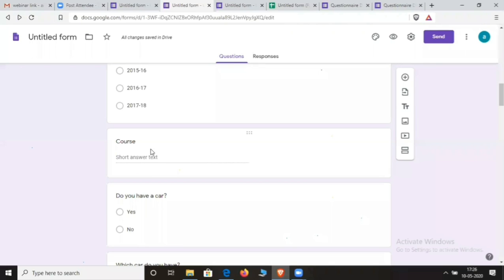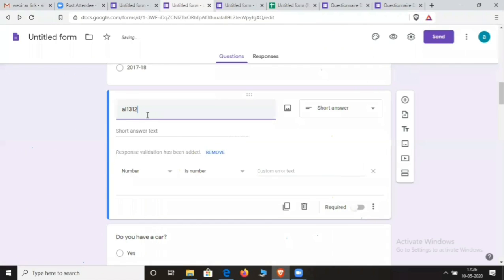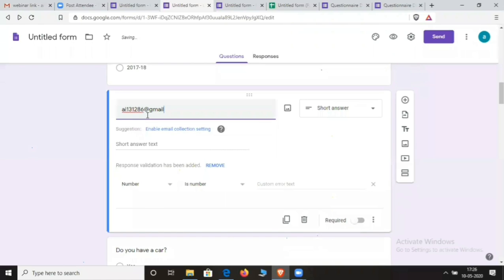I can give you my email ID also. Just note it down. Here I am typing my email ID: 131286@gmail.com. You can send your query to this email ID. I will give you the answer. No problem. Thank you very much, sir.